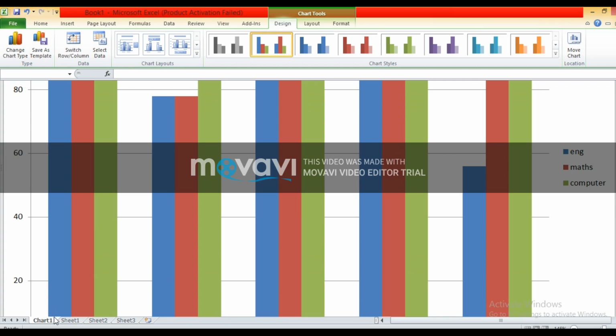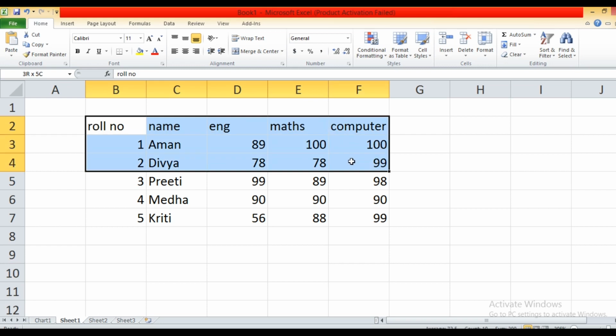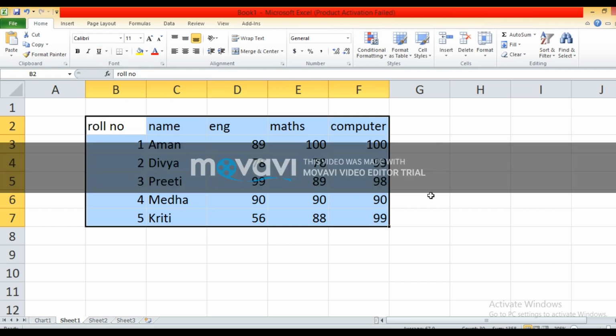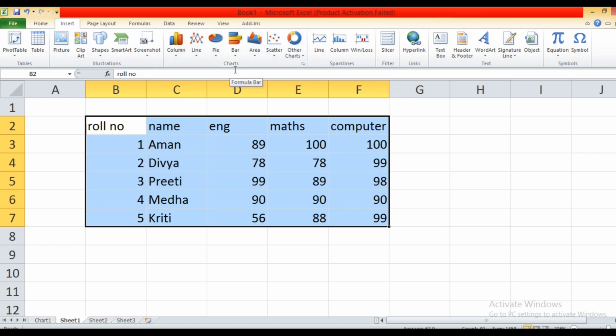That is called a chart. Another way to represent your data in the form of a chart is to select the cells that contain the data for the chart, then select the chart type from the chart group on the Insert tab. Select the range of cells that contain data, then click on the Insert tab on the ribbon, then choose the chart option. You can see here the chart group is given over there. From that chart group you have to select the chart type.